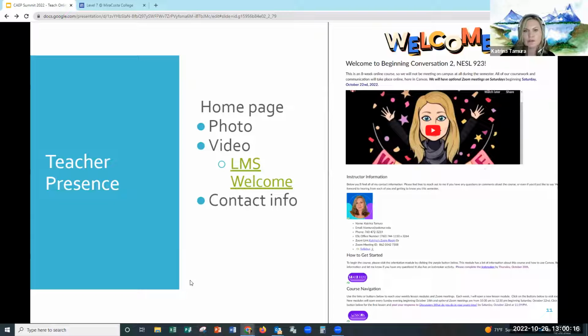So there are so many different ways to make a homepage. And I mean, some people just put modules as their homepage. Some people will just list a bunch of buttons. But Christy and I would really recommend that you put your contact information and create a welcome page instead of just a base page where they come and click on some links, which isn't very personal. It's not very humanized. So teacher presence on the homepage is a big tip that we can give you.